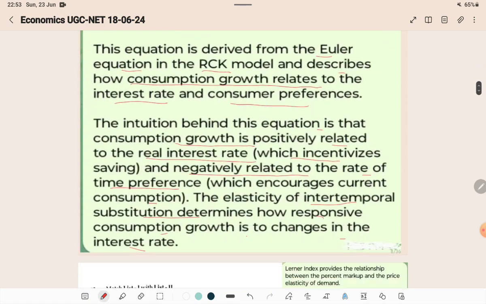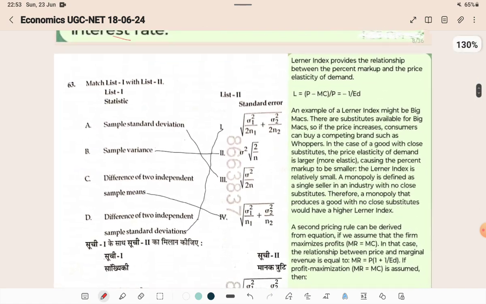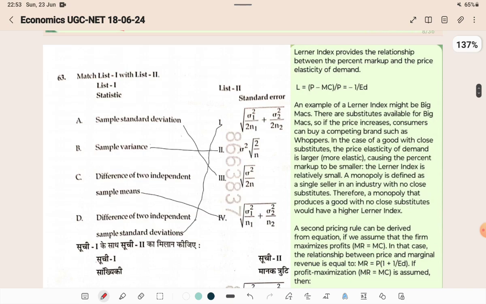Now the next question, match the list: sample standards. So 61 is also, I don't have any explanation for this. Sample standard deviation matches with the third, this one. This matching is correct here, which is already done, and square root of sigma square or standard deviation square,